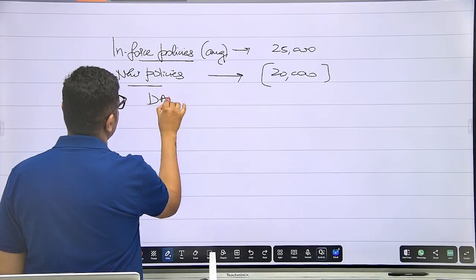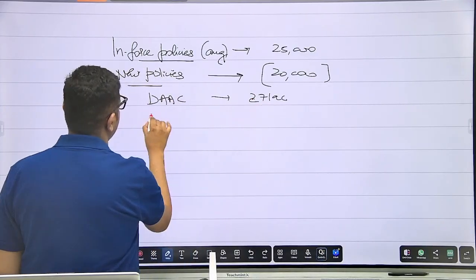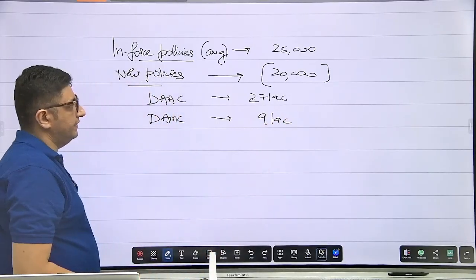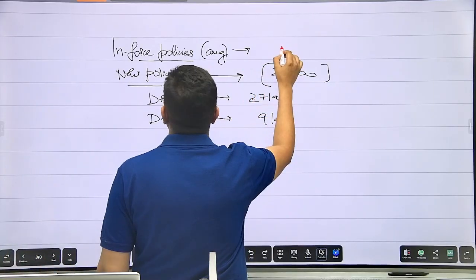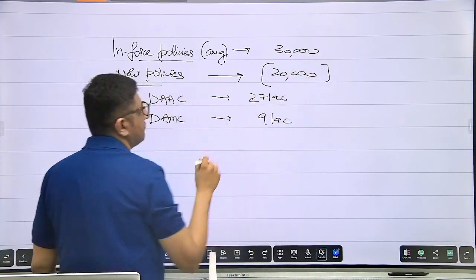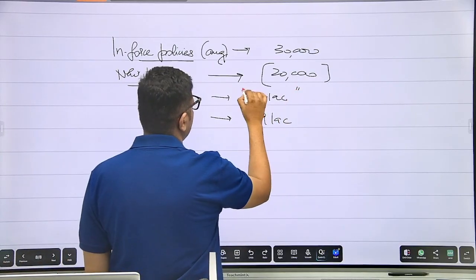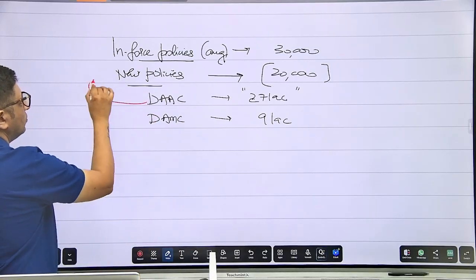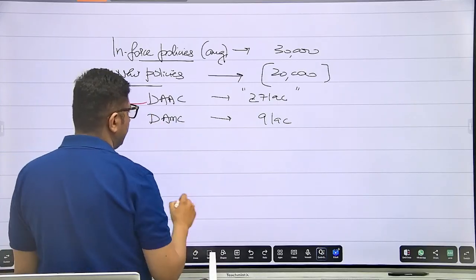The DAAC is 27 lakh and DAMC is 9 lakh here. Now, what you want to be mindful of, let's give it a number of 30,000 here, just to look at it from that perspective. What is important to follow is that when you talk about the directly attributable acquisition cost, they would simply be aligned to the new business, kind of an incremental cost around that, which tells me that my